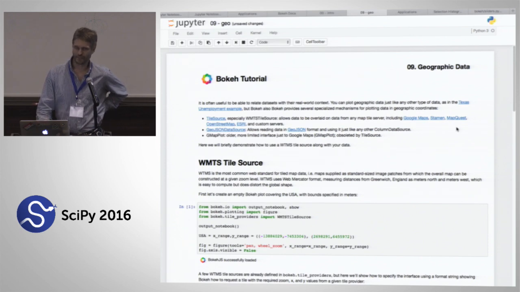Google Maps type data is very large, and so you very often don't want it all on your own local laptop or server. So to support this type of data, the one thing that Bokeh, I guess, 0.11, not too long ago, added